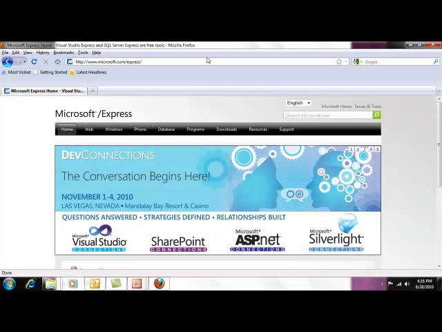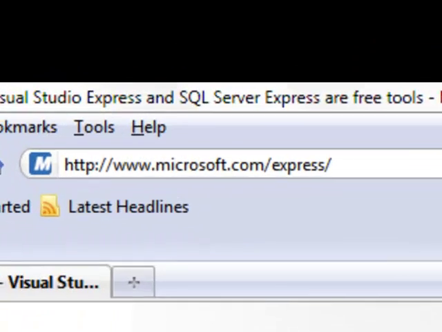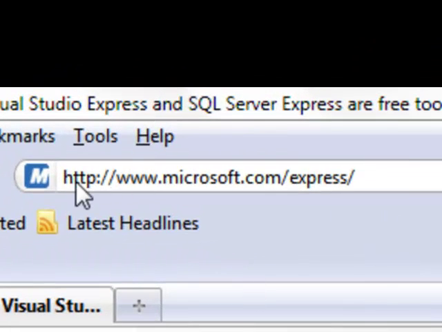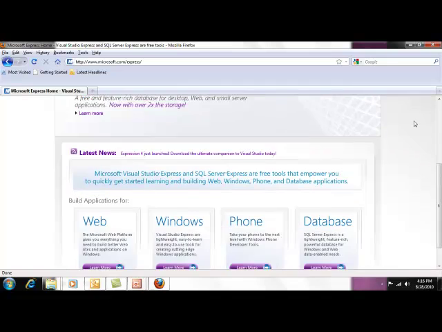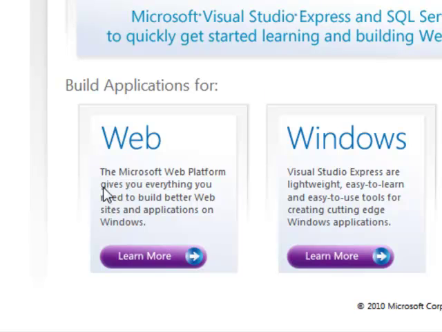Okay, so to install the software, you need to go to http://microsoft.com/express, and when you go on this website, the website looks like this. What you need to do is go to the web platform, click on the web platform, and install